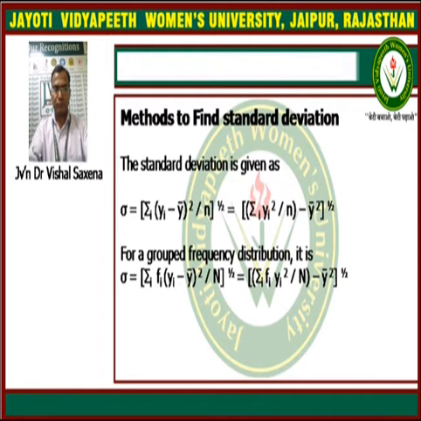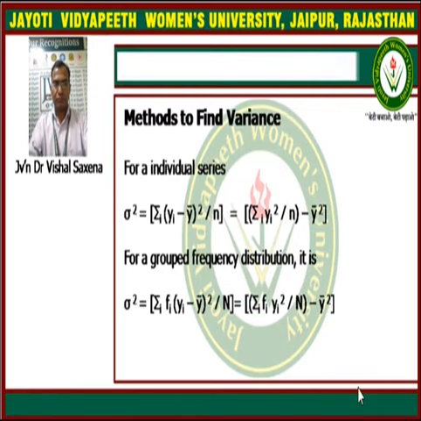So this is the standard deviation, and if we have to find the variance, it is given simply by the square of the standard deviation. Here the formulas are given for the variance. In the last slide we saw the formulas for the standard deviation, that means for sigma, and now we have the formula for the variance for the individual series and for the group frequency distribution. In both cases sigma square